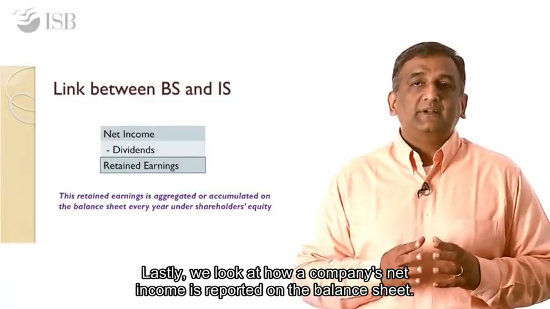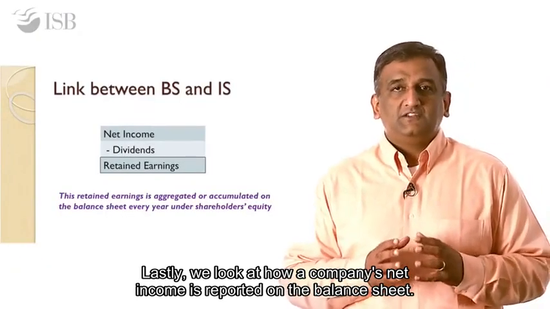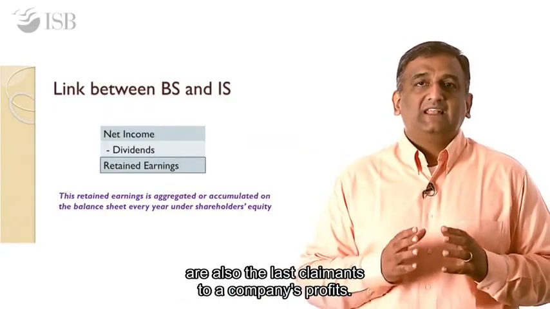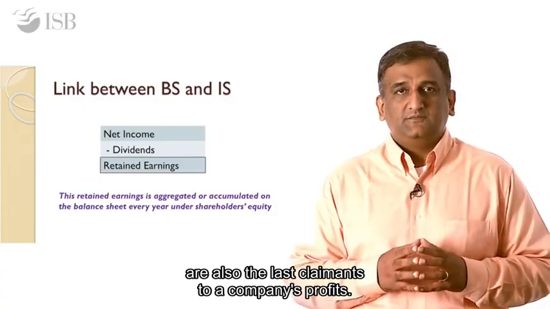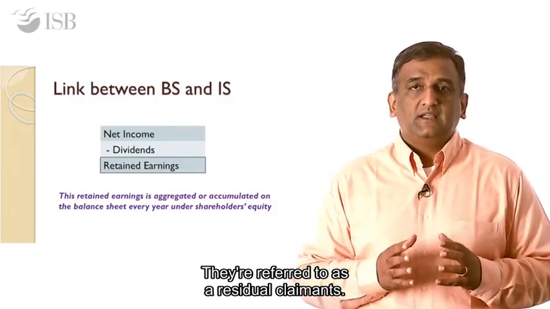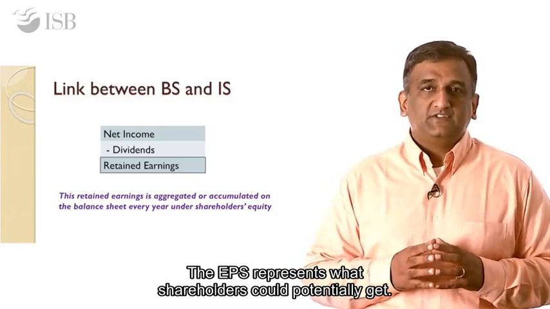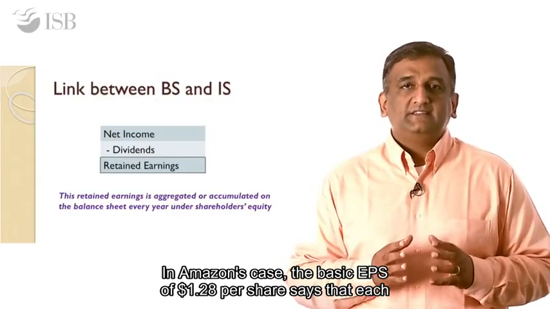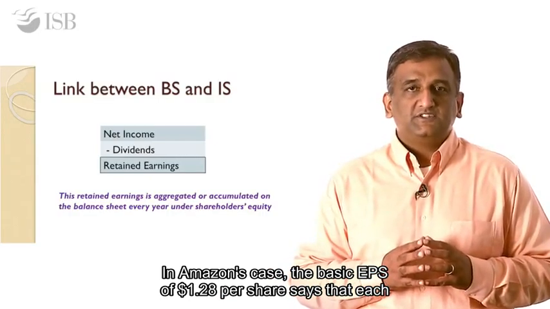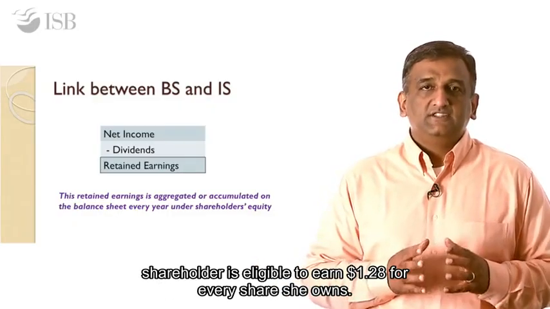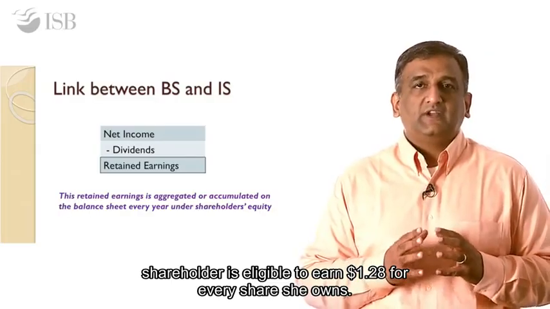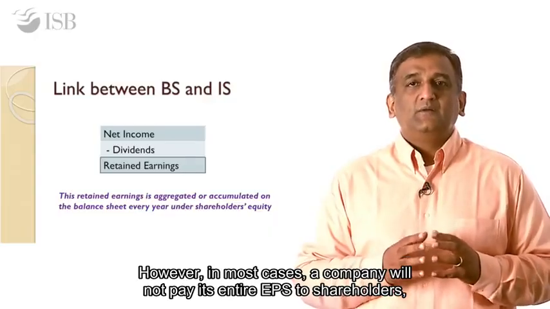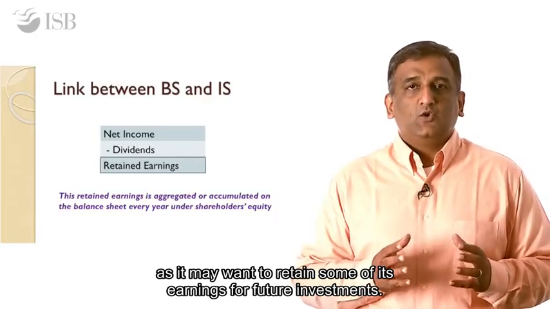Lastly, we look at how a company's net income is reported on the balance sheet. Common shareholders are the owners of the company but are also the last claimants to a company's profits. They are referred to as residual claimants. The EPS represents what shareholders could potentially get. In Amazon's case, the basic EPS of $1.28 per share says that each shareholder is eligible to earn $1.28 for every share she owns. However, in most cases, a company will not pay its entire EPS to shareholders as it